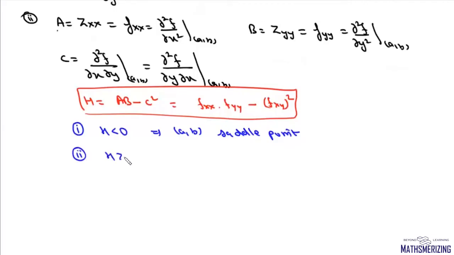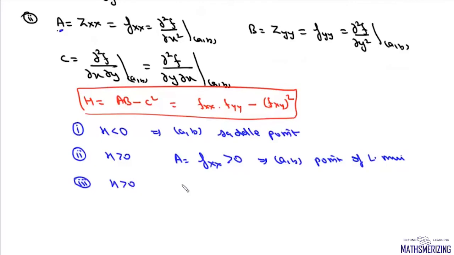Now if h is greater than 0, then we look at the sign of a, which is fxx. If it is positive, then this point (a, b) is a point of local minima. If h is greater than 0 and a is less than 0, then (a, b) is a point of local maxima. And if h is equal to 0,